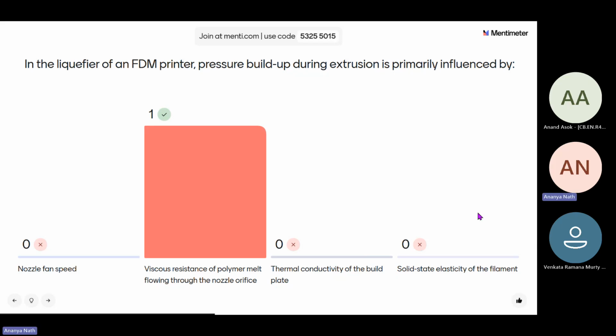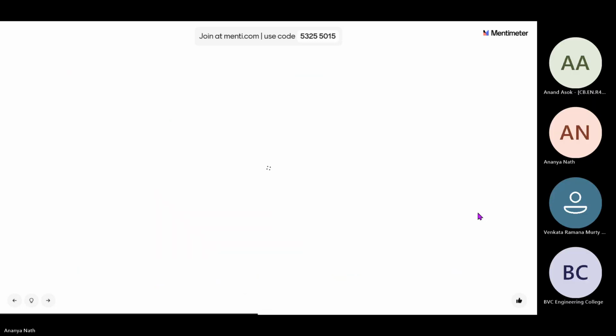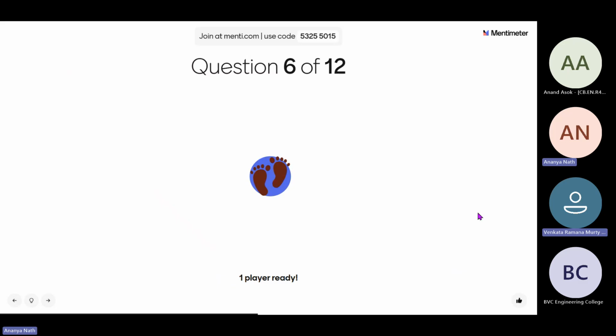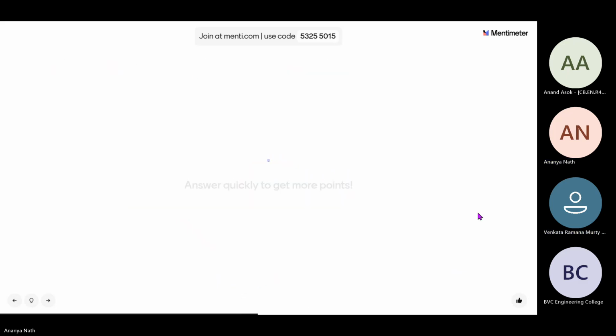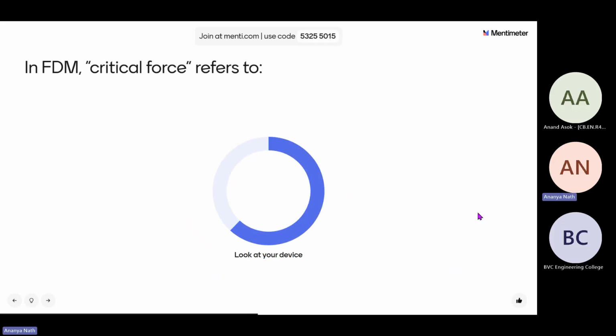So yes, the viscous resistance of polymer melt flowing through the nozzle orifice is the thing primarily influenced because of the build during the extrusion. We have our sixth question. FDM critical force refers to